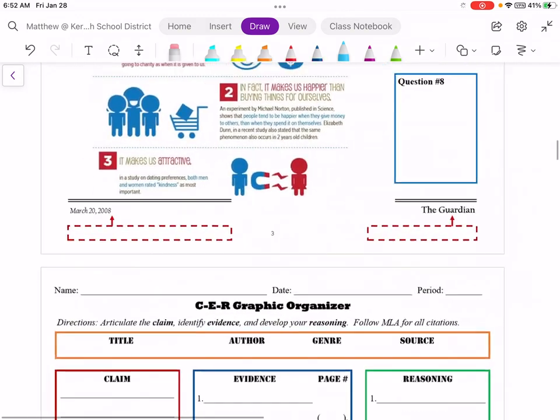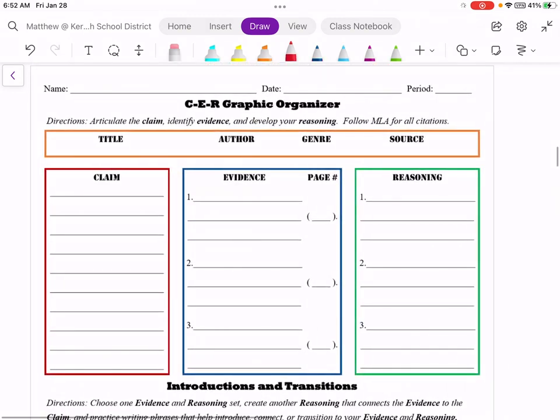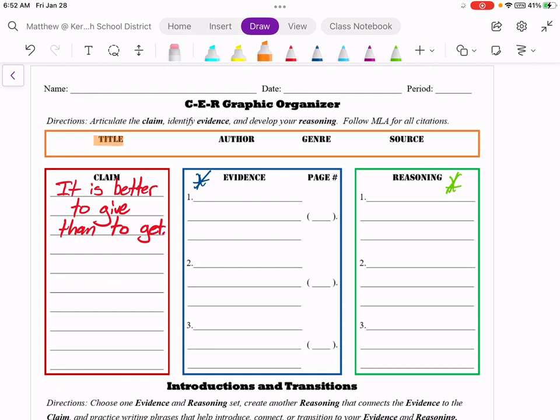So I'm going to be a little uncreative, and I am simply going to say it is better to give than to get. Cool. And then I will want to put in some evidence here and some reasoning here. Please ensure that you are also covering your title, author, genre, and the source.